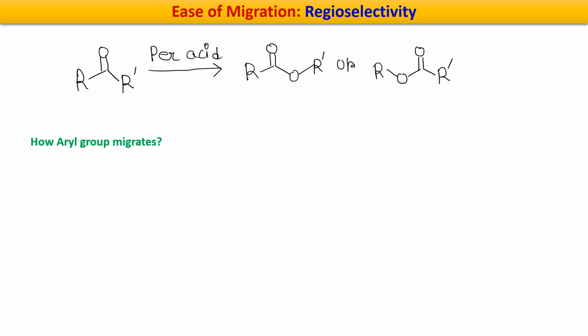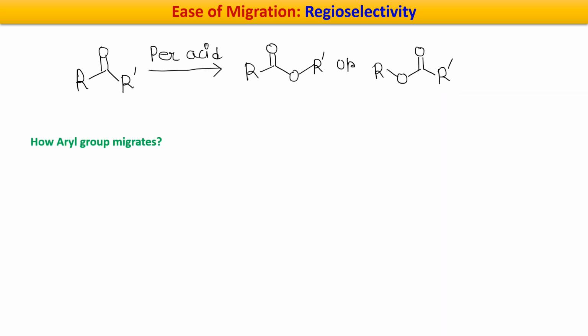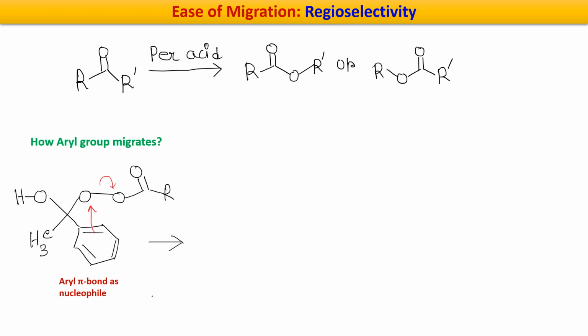Now if it is so, see here the aryl group. Now if you are thinking that if positive charge is stabilized, then how does the Ph group migrate, because we know that when we have an aryl group, a positive charge directly on it is not stable, right? But still it can happen. So how does the aryl group migrate? If this question is arising in your mind, the answer is, see here we have taken, suppose, a methyl group on one side and on the other side a Ph ring. Now this aryl pi bond can act as a nucleophile. So this lone pair is making a double bond here,